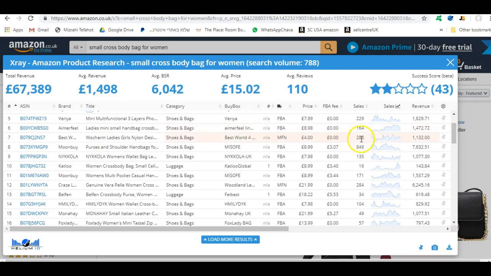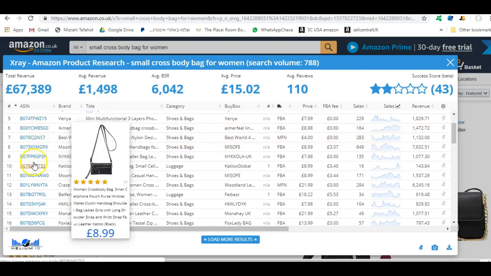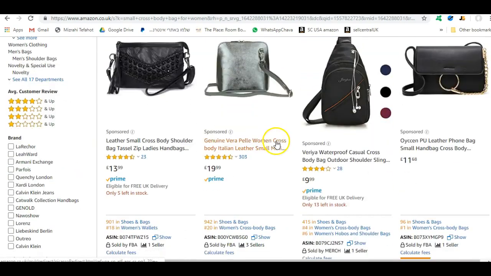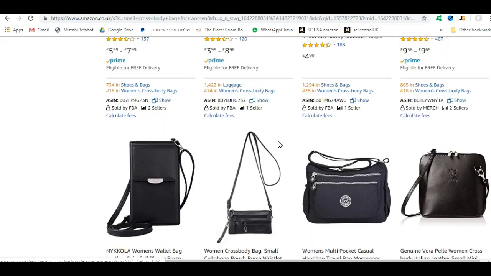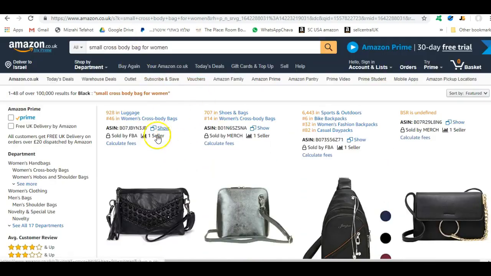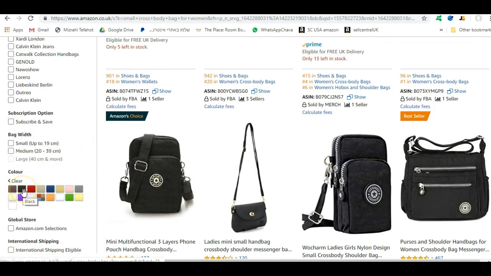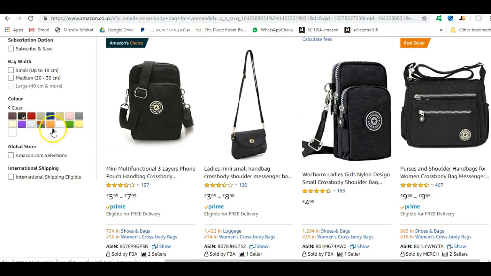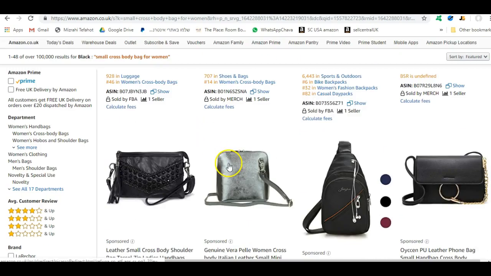So I'm looking over here at sales. This one, let's see if it's relevant. In this case, these are all nylon. So I'd probably try to look around to see if I could find something that's both selling well and is made out of leather, because that's the type of bag that we have. In this search, I happen to use the filters also. I put a black filter on, and if they would have the material filter like leather, I would do that also, because I want to find the closest possible products to my product